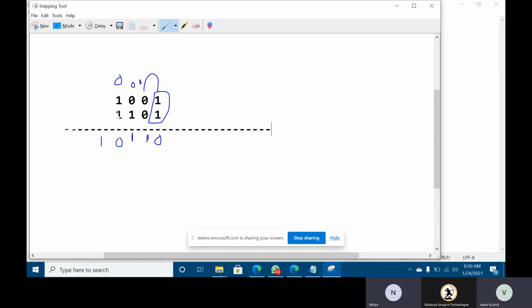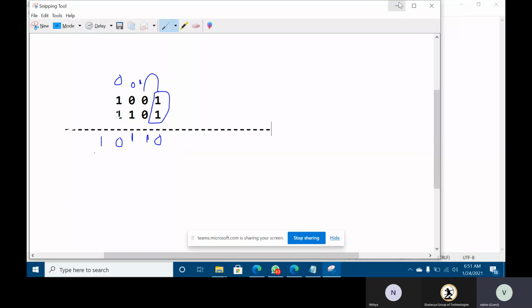If you see this process, for each and every bit calculation, one carry is needed. So carry is generating, and for generating the carry, the circuit needs some delay. Suppose it is for 4 bits, then 4 delays. For 8 bits, 8 delays. If we go for 64 bits, then we have 64 delays. This is one of the drawbacks of the binary number system whenever we add those numbers.